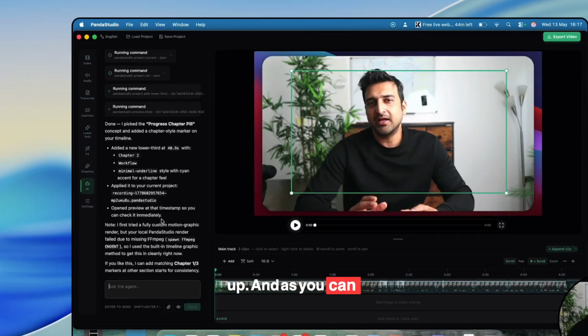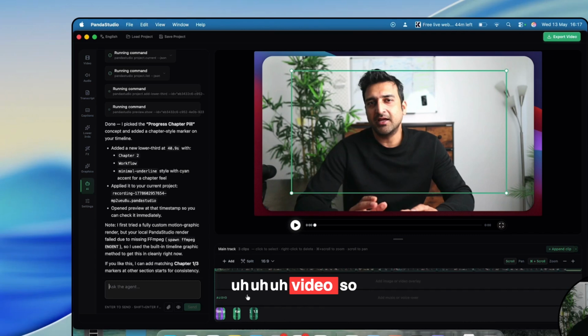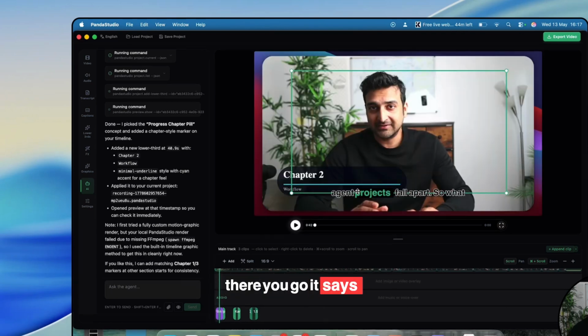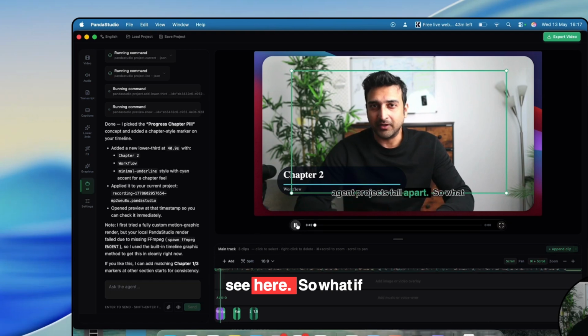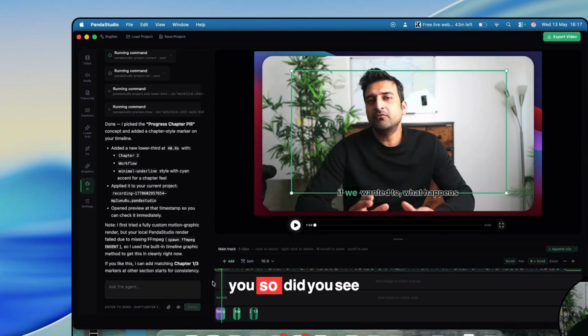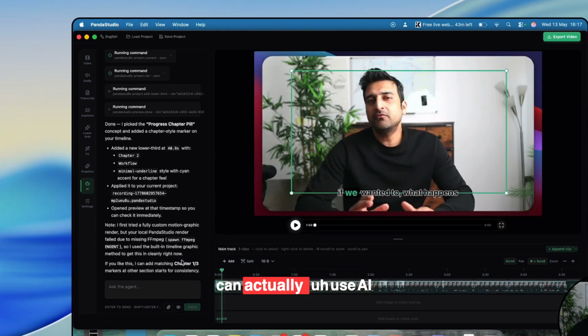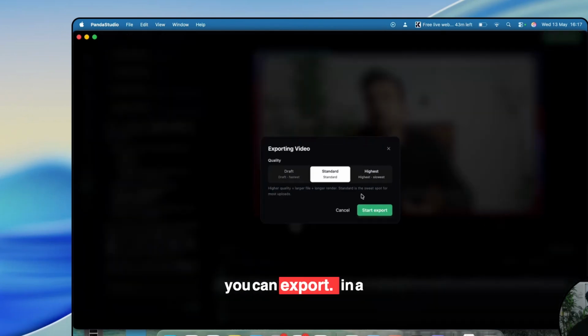And as you can see, it's now added video. So in the beginning, agent projects, there you go. It says chapter 2, as you can see here, fall apart. Did you see that? That's motion graphics. That way you can actually use AI agents to create motion graphics and make your video stand out. And once you're happy, you can actually go ahead and click export